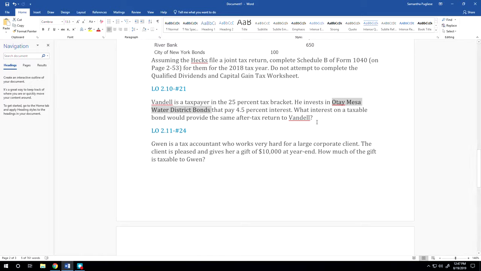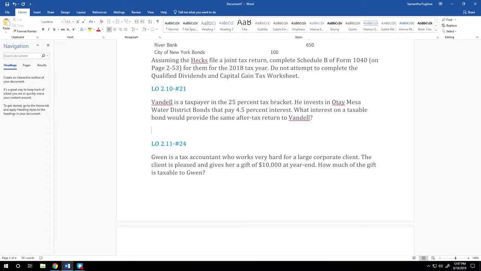So you can look this up in your book if you don't remember, but if you go back to Learning Objective 2.10, you're going to see the formula that I'm going to show you. So we take the 4.5%, which is the tax-free interest rate that we want to arrive at, and we want to divide that by 100% minus